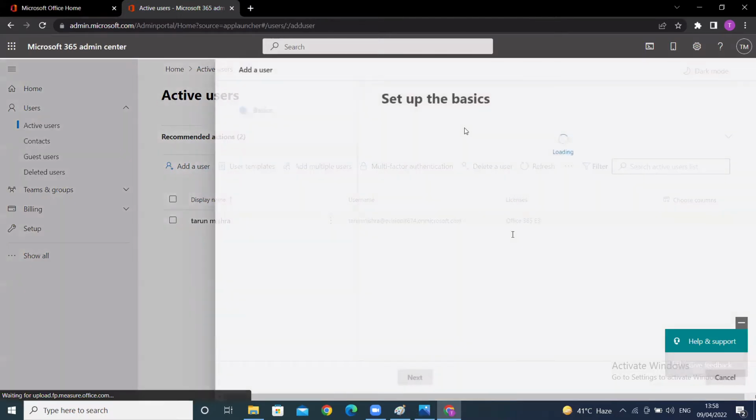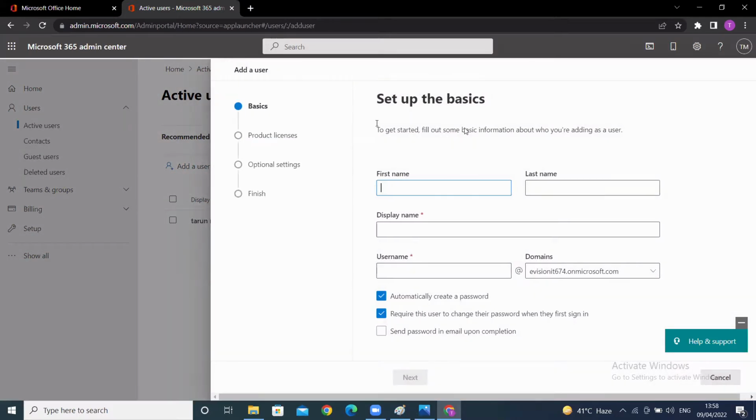After clicking on add a user, there is an option here, set up the basics. First name, I will give Amit as the first name. The display name will automatically take Amit. What is the username? The username plus domain will be the mail ID of Amit. Remember, so username will be Amit. So Amit's mail ID would be